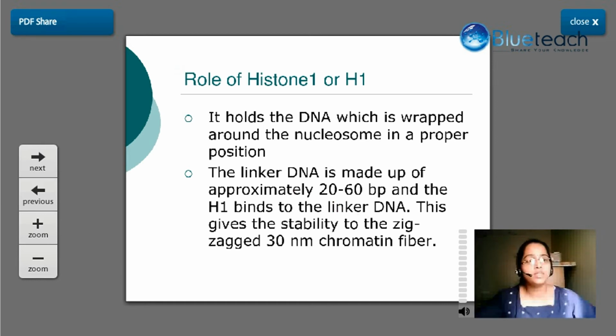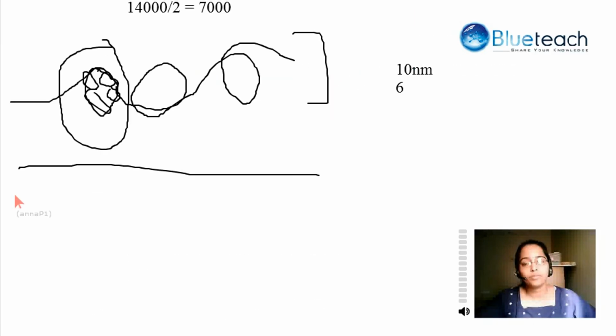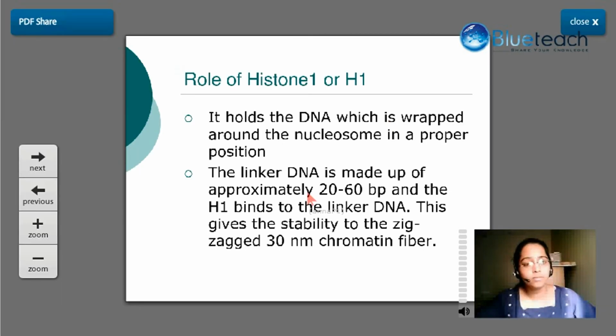So this DNA which exists between the nucleosomes is nothing but the linker DNA, which is linking one nucleosome to another nucleosome. And this linker DNA is small, measuring around 20 to 60 base pairs in length, and H1 binds to